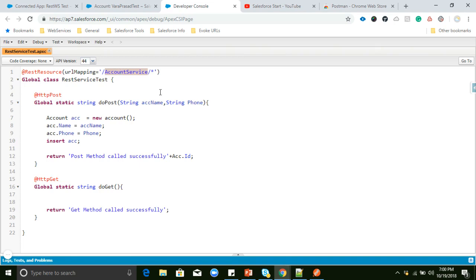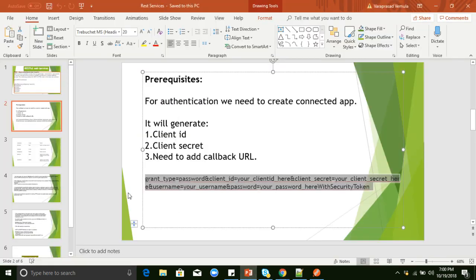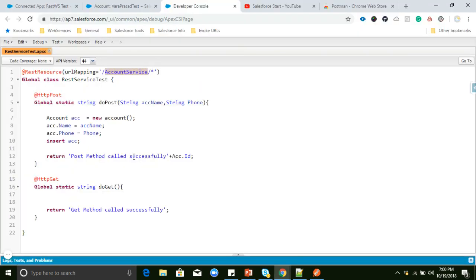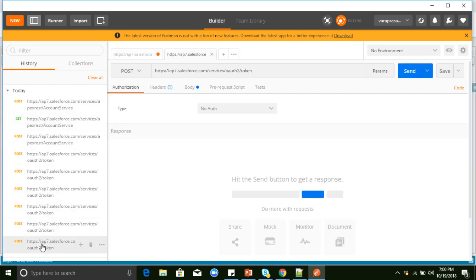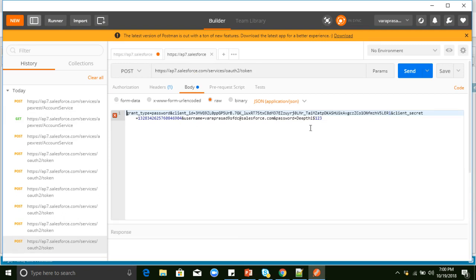These are the main points we need to consider at the time of testing. So, I will show you another way how we can generate an access token. Previously we were passing data here and generating the token, right? In Postman we can check what actions we have performed till now. Previously we were passing the body here. Now I will show you how we can generate the access token in another way.